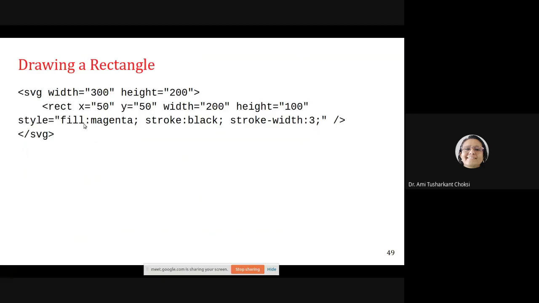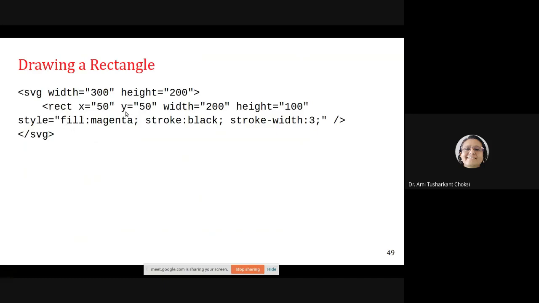Then after the attribute name comes a colon, then the value. It is not like x is equal to 50, which is written inside the HTML tag as attribute name equal to attribute value, always in double quotes. If you do not write the quotes it works, but it is preferred to give it properly. Is it the same for style? No, it is different. Here it is whatever style we want to apply to this particular rectangle.